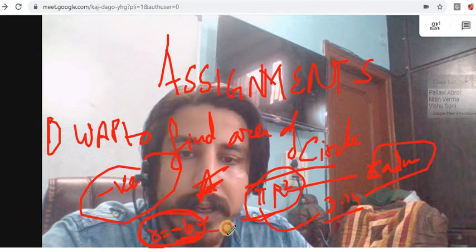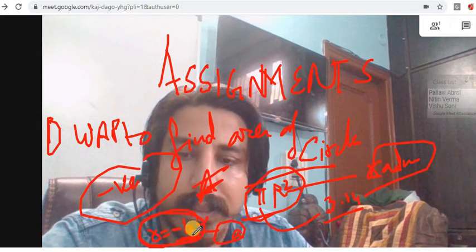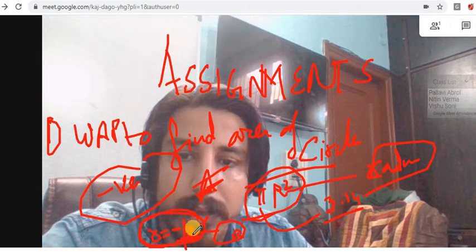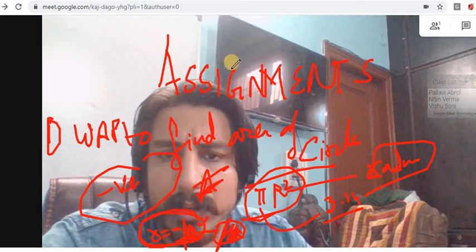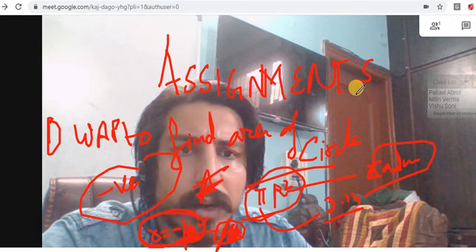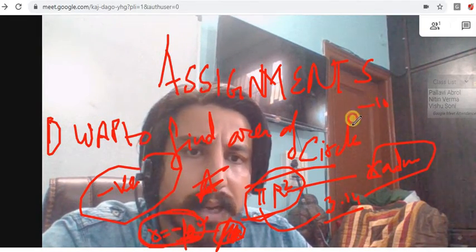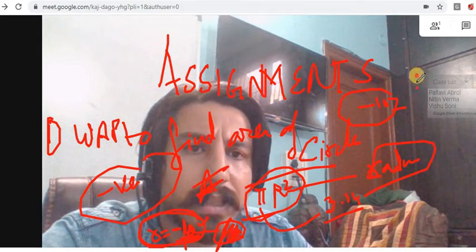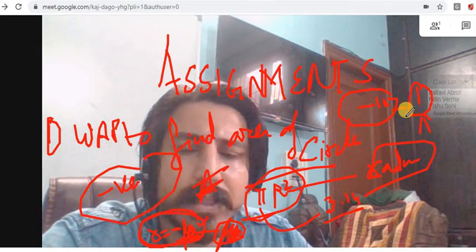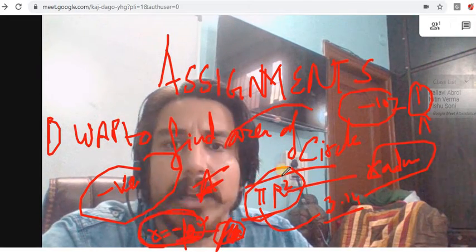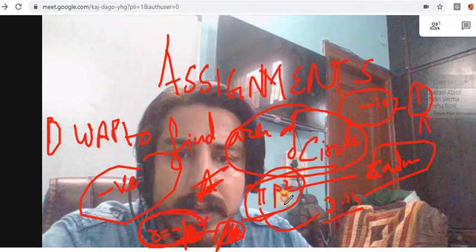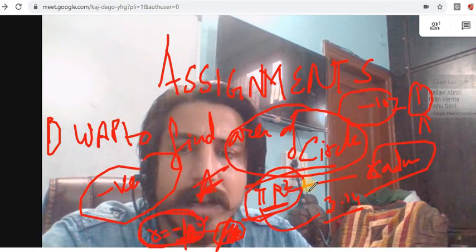If the user enters any other value, let's suppose the @ sign, then you have to give a message. Don't worry about the @ sign, because you are at the basic stage. Just write a program: if the user enters, let's suppose -10 or a minus value that is less than 1, then you have to give the error message that this is a negative value, and you are not supposed to calculate the area of the circle for a negative value. Then you have to take care of the formula, that is pi r square.